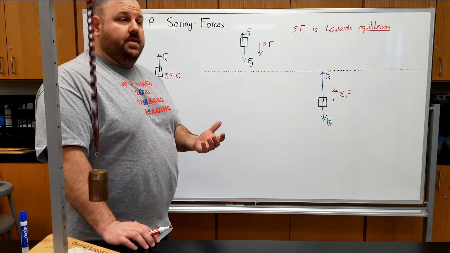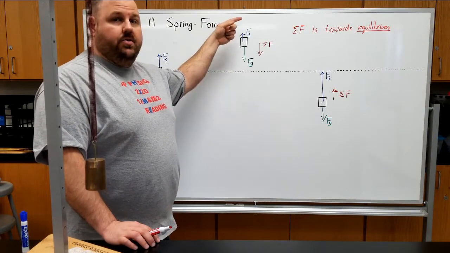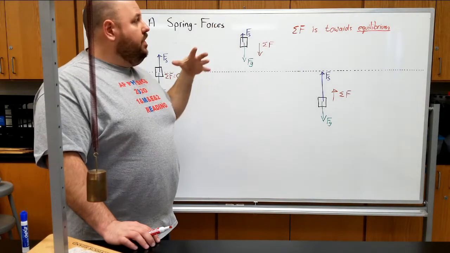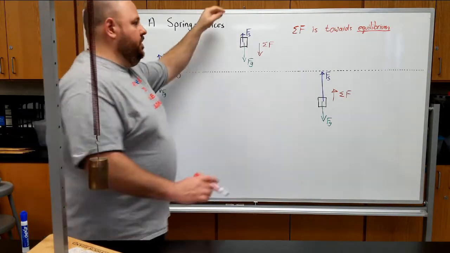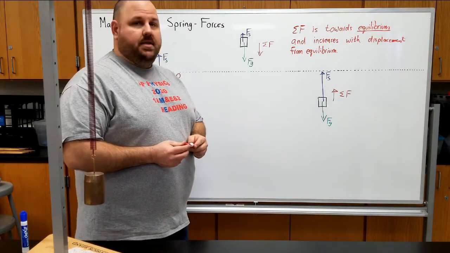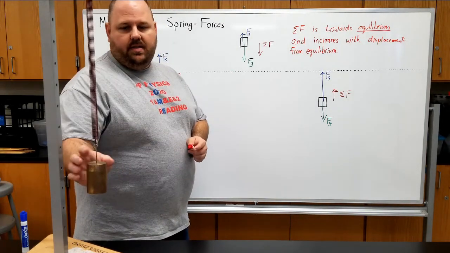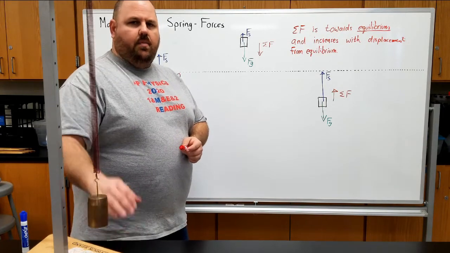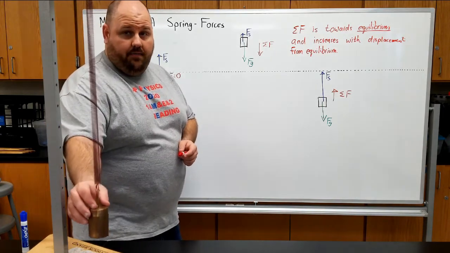And because the force exerted by the spring is proportional to its stretch, as we displace more from equilibrium, the force is going to be larger. And so the net force is going to increase with increased displacement from equilibrium. And you can see that if you just kind of move it down a little bit and let it go, it moves up a little bit. If you move it down farther and let it go,